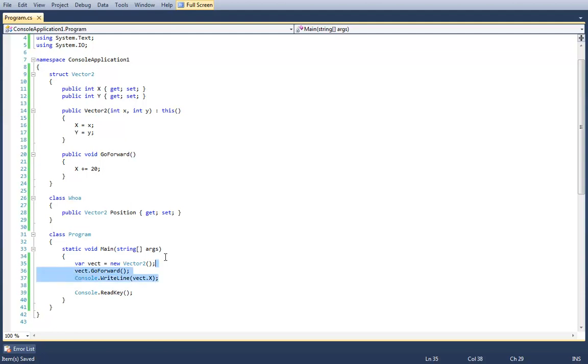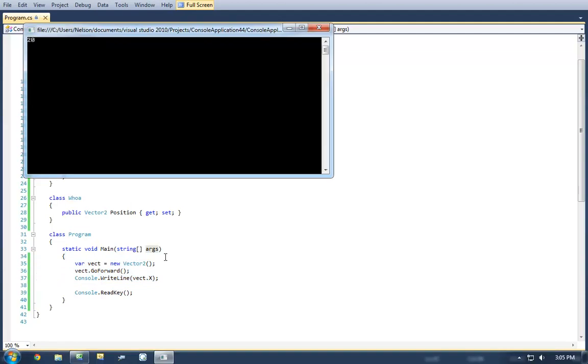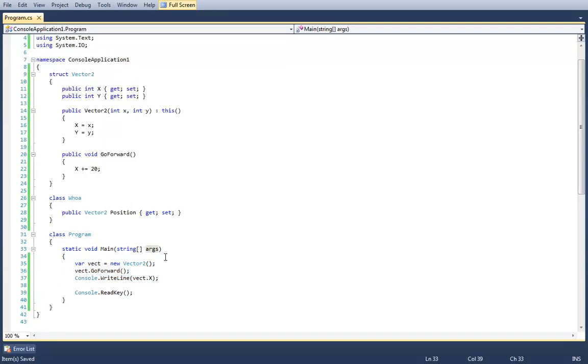What is the output to this program? So now you see how by having a mutable struct, we introduce situations that sometimes work and sometimes do not.